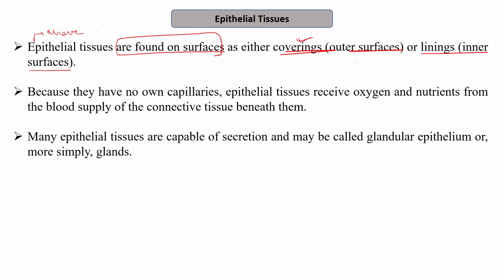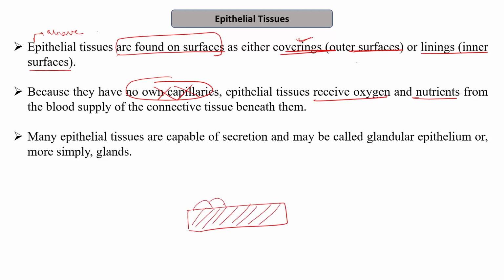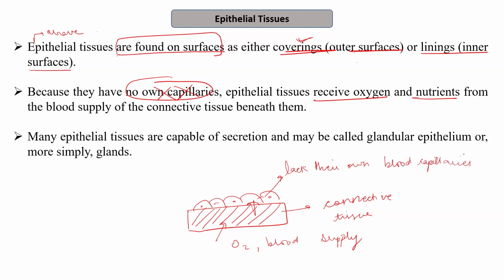as the coverings. Because these tissues do not have their own capillaries, they receive oxygen and nutrients from the blood supply of the connective tissue beneath them. So usually the structure is like this: beneath the epithelial tissue, it is the connective tissue that is present. This connective tissue helps in providing the oxygen and blood supply to the epithelial tissues. So these epithelial tissues lack their own blood capillaries. They do not have their own blood supply. Therefore, in order to receive the oxygen and nutrients, they are connected with the connective tissues which are present beneath